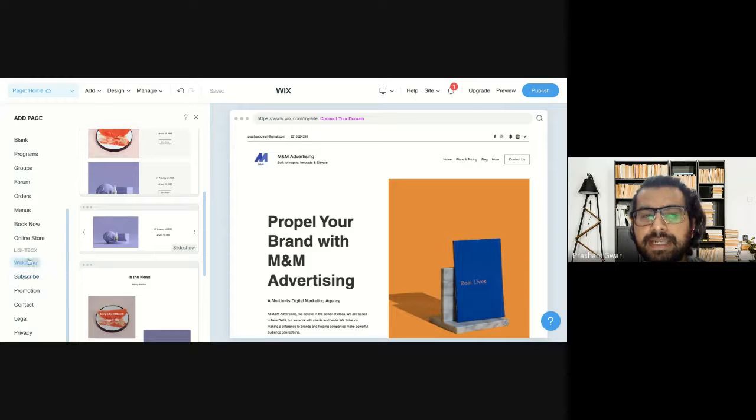These are the light boxes. What are light boxes actually? Light boxes are like a pop-up, and we create these kind of pop-ups on our website when we are giving some kind of a freebie or a discount for a limited time offer, and we want to tell everyone about that, or we want to generate some website traffic